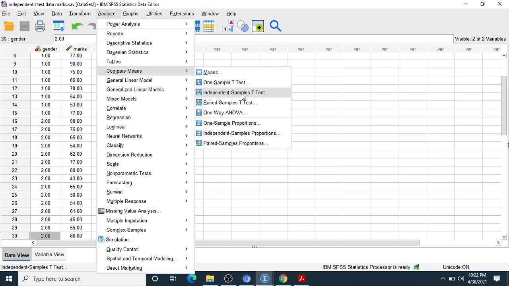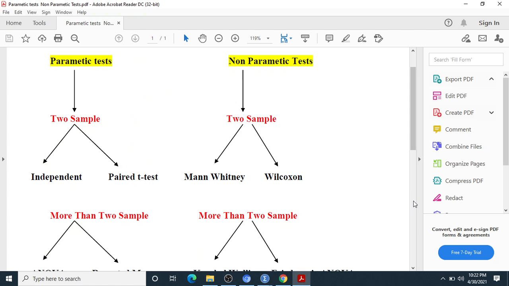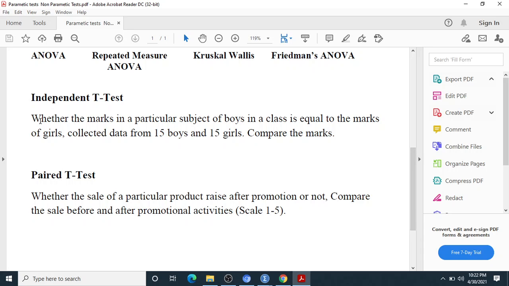Remember, we are working about this one. We are talking about what exactly? The independent t-test, whether the marks in a particular subject of boys in a class is equal to the marks of girls. So we just try to find out whether the boys' marks are equal to the girls' or not. To get the answer, we collect the data from 15 boys and 15 girls and we compare.